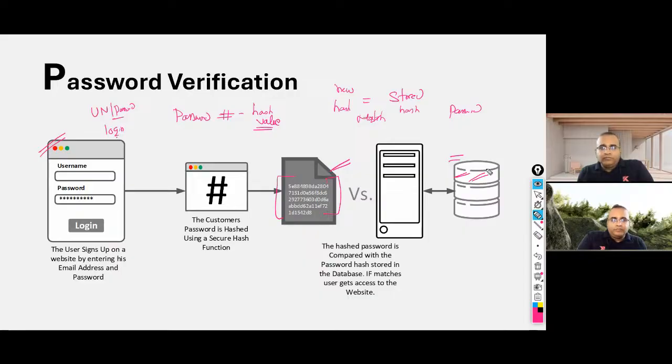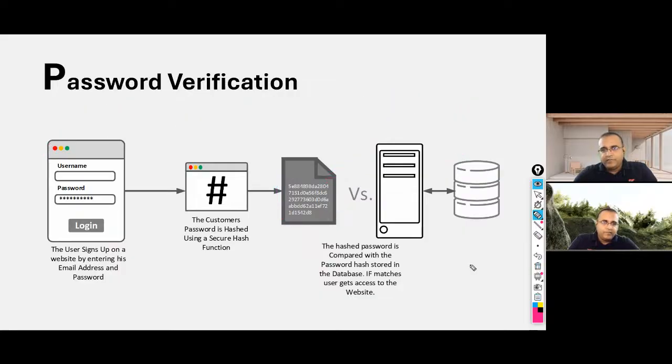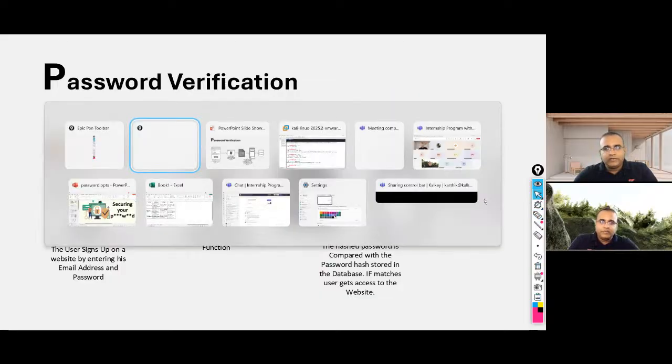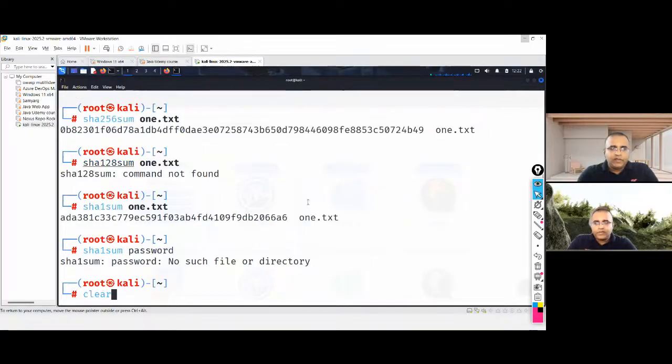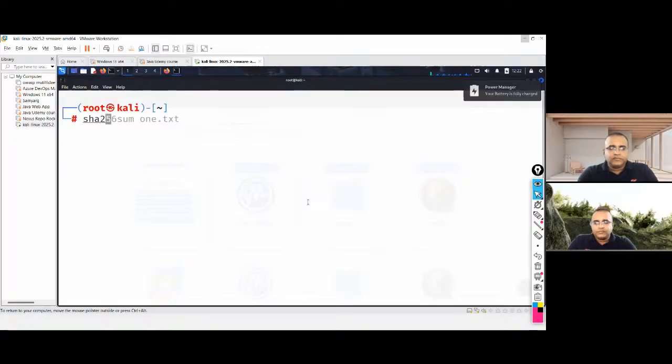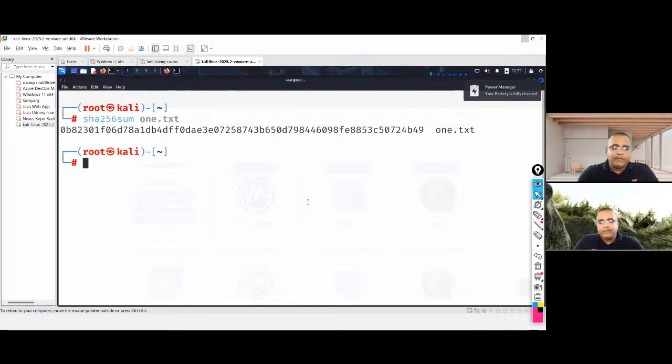So now, this is a good approach, right? Every time, let's say you enter the password as password or security, and what is the password here? Password.